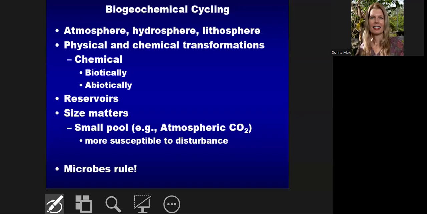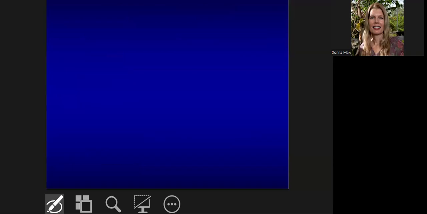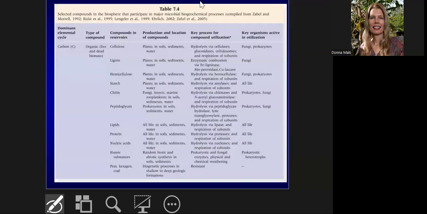And like I said, microbes rule. If it weren't for them, this earth would not be the way it is, and we wouldn't be here, chances are. So they are very, very busy, no matter where they're located. But again, it's just through their actions of staying alive, adapting to their environment, getting what they need to have ATP, getting what they need to repair and reproduce and build. And so it's all those actions that are leading to all of this recycling going on.